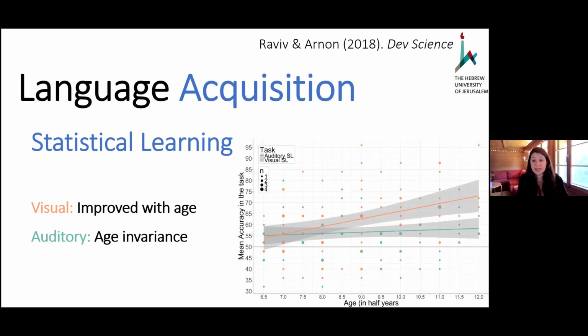And I do want to mention that since this study, there have been other extensions and replications, and now I think the result is more fine-grained. So it's not just that visual learning improves, it's that it depends on the prior knowledge that we have. So one of the reasons that auditory learning doesn't seem to improve over age is because we already have so much knowledge about co-occurrences of syllables. And if you use different non-linguistic auditory stimuli, then you get a result that looks a lot like the visual modality. So just to mention this as a more updated result.